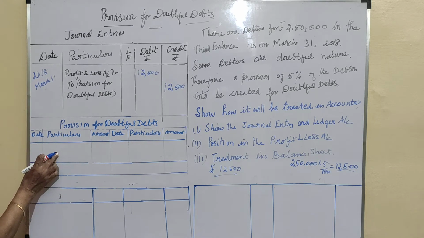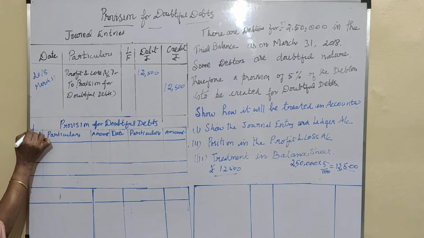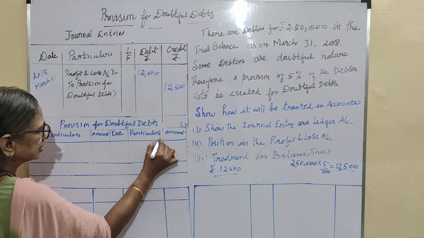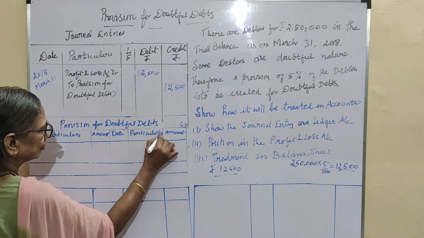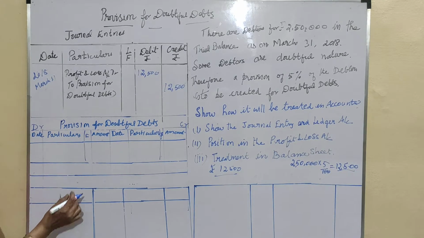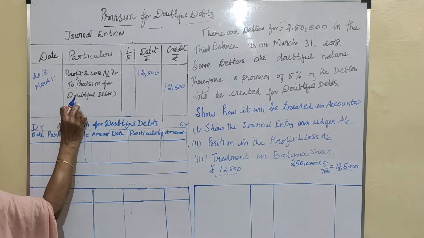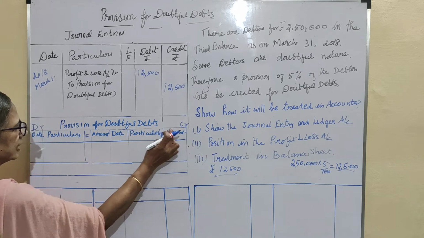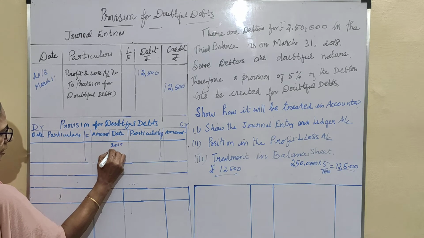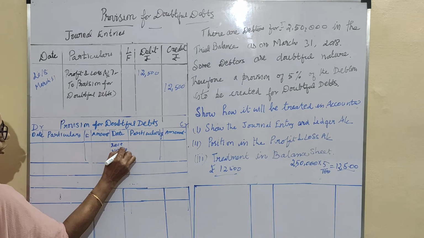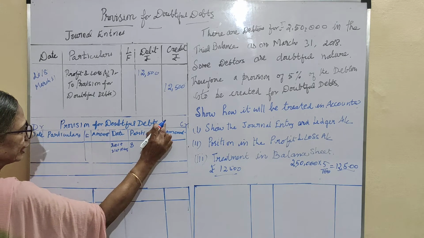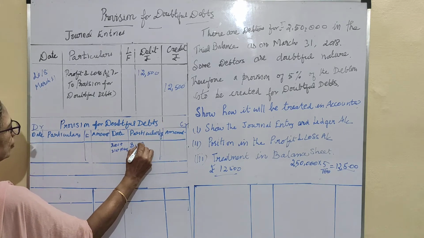Now the provision for doubtful debts is a ledger account, and in this ledger account we have to post it. This is the debit side, this is the credit side. Here one column is there, the JF column, which we can call the F column. Now the provision for doubtful debts is on the credit side. We have to write it on the credit side. Date: 2018 31st March. How much are we creating? The doubtful debts account is credited by